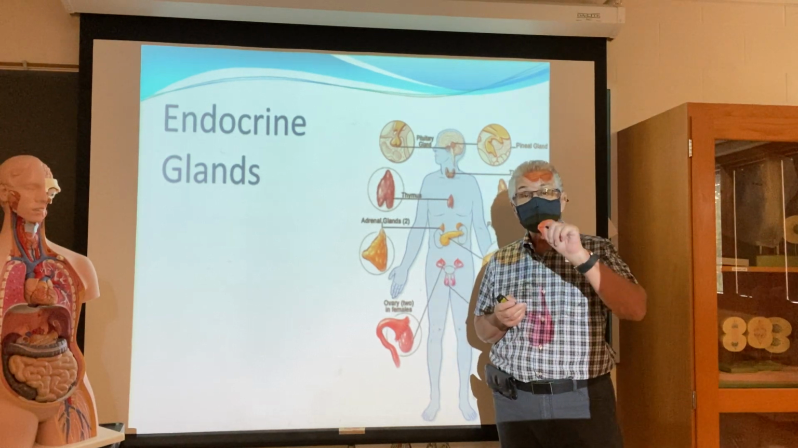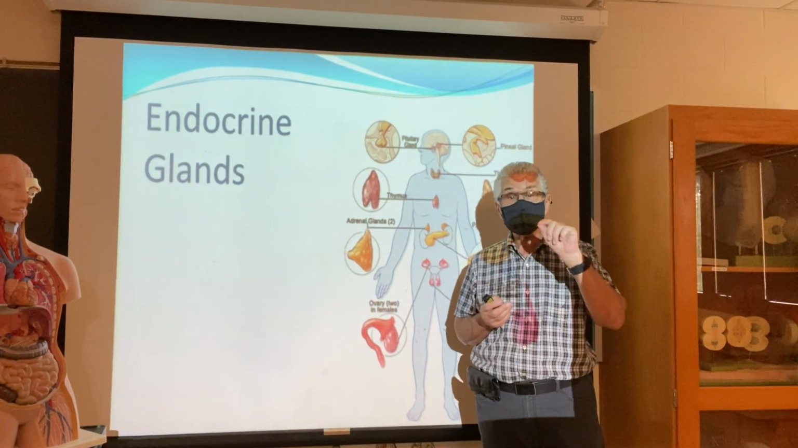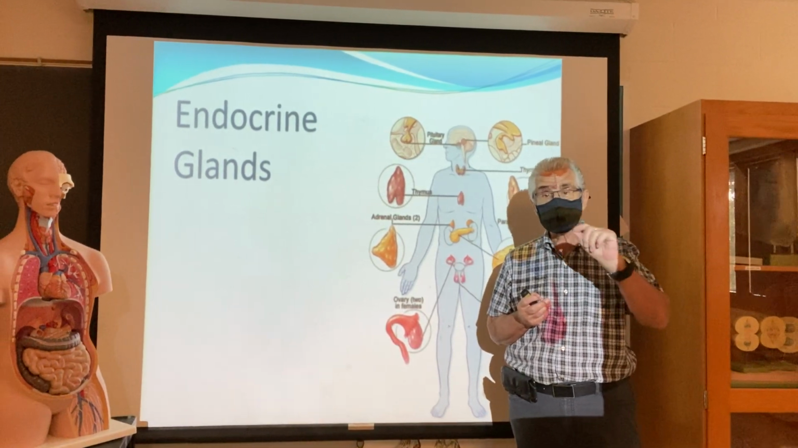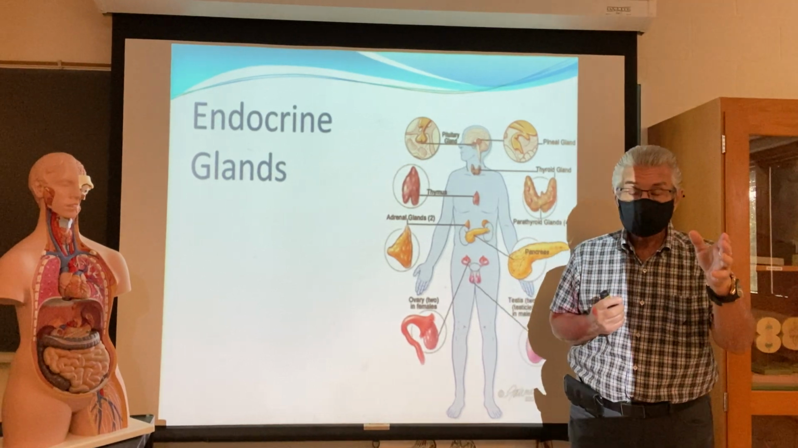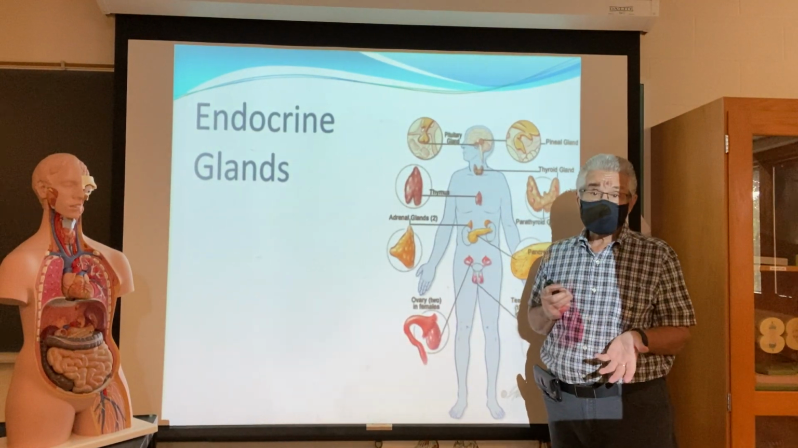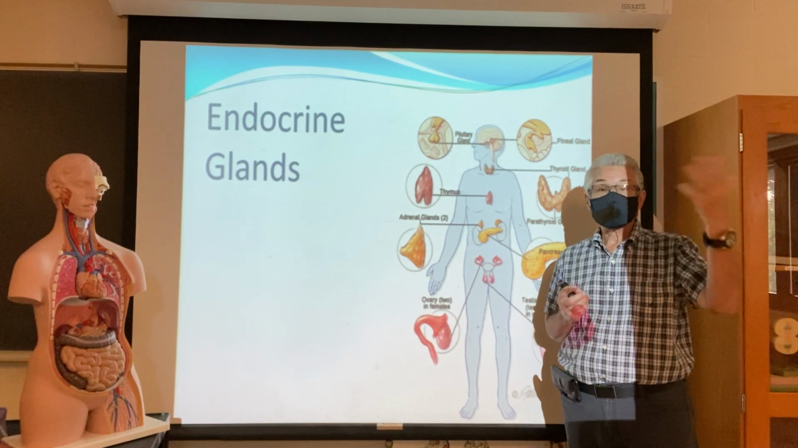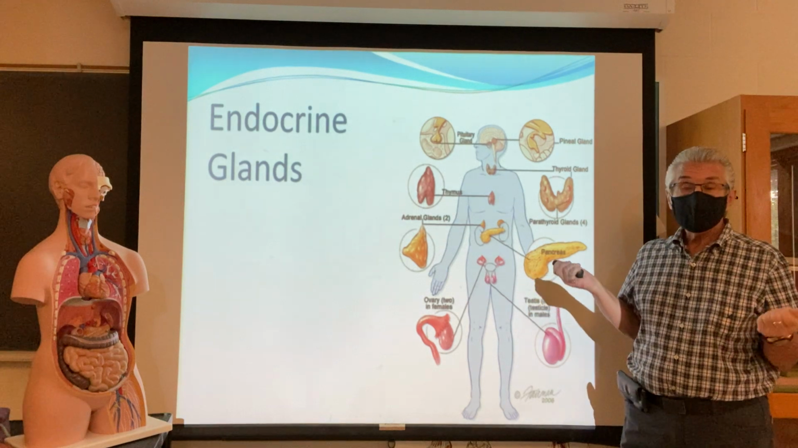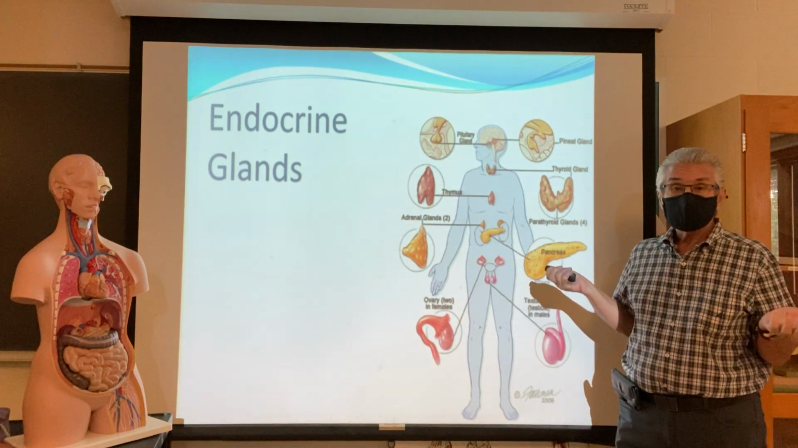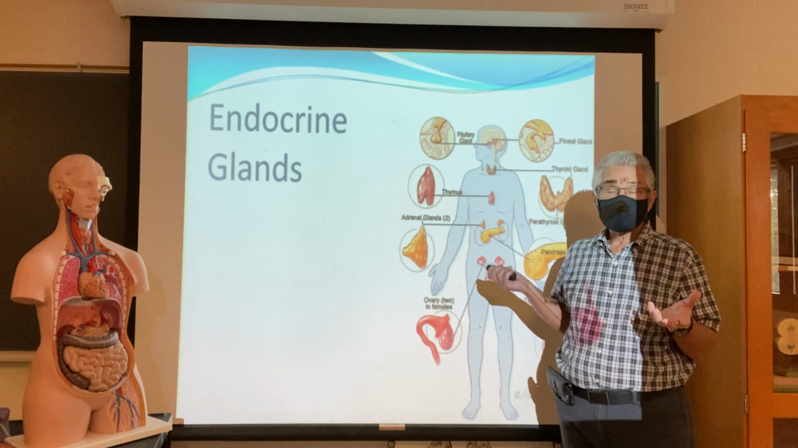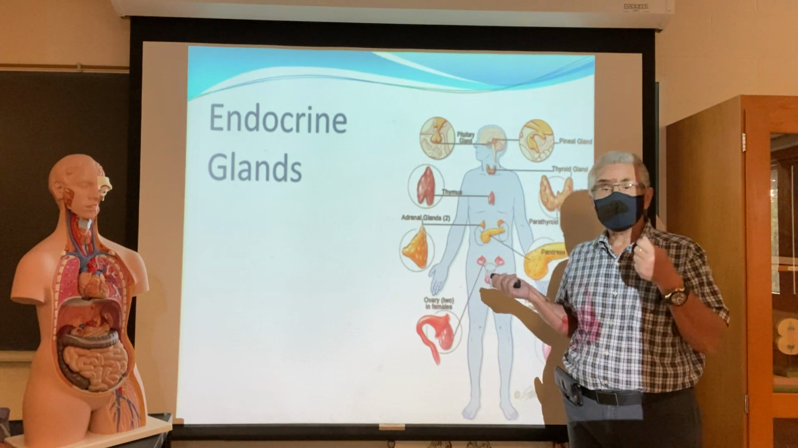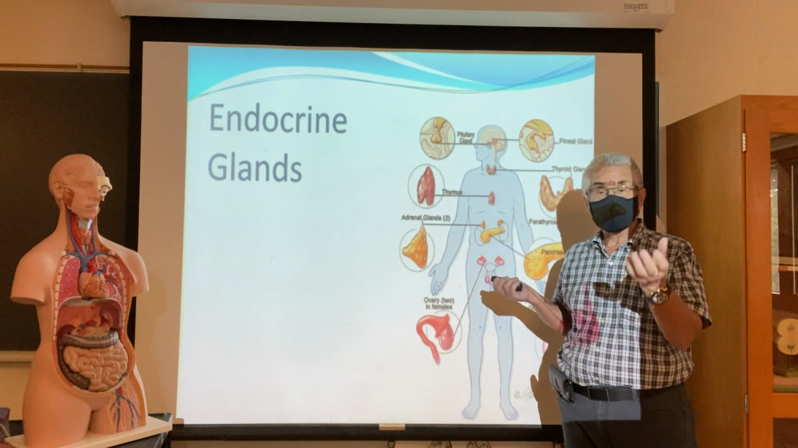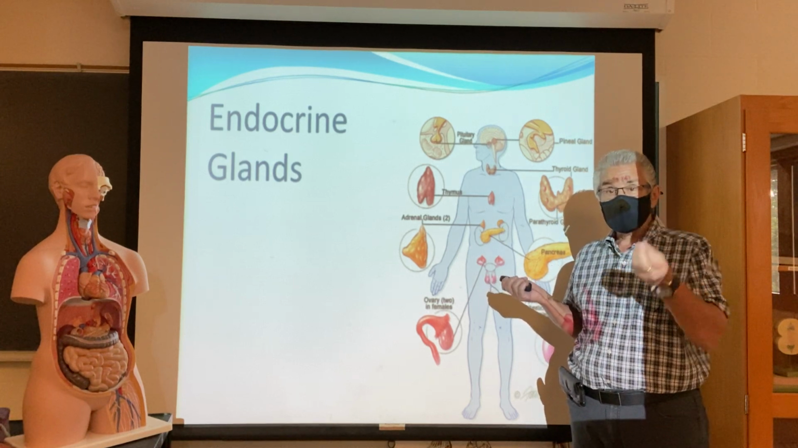They all have ducts. The exocrine glands have ducts, which means they have a tube that allows their secretions to be released into the body or outside the body. Now, endocrine glands do not have ducts. They are surrounded by capillary beds. And these capillary beds are important because, if you recall from AP1,